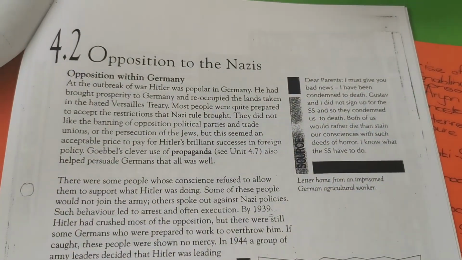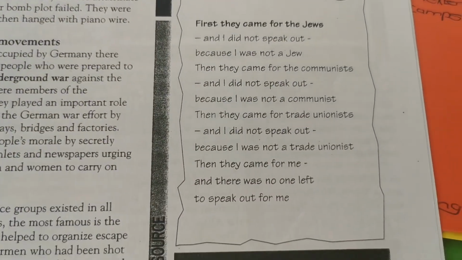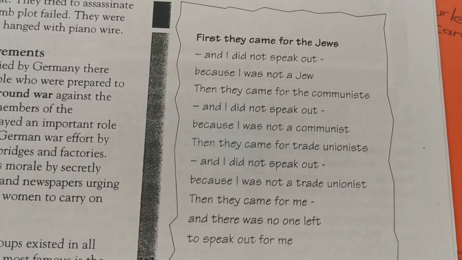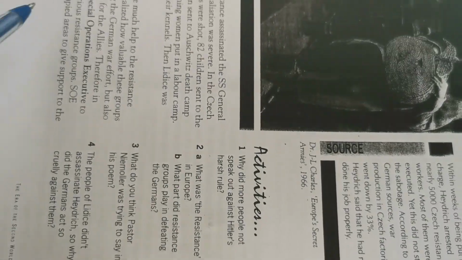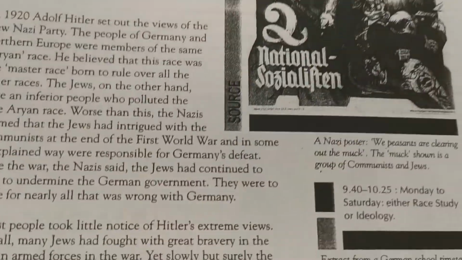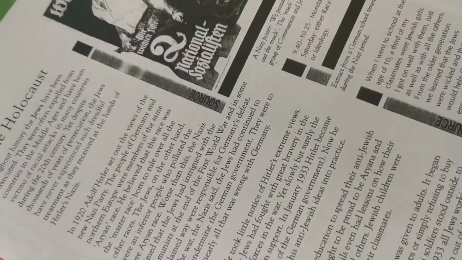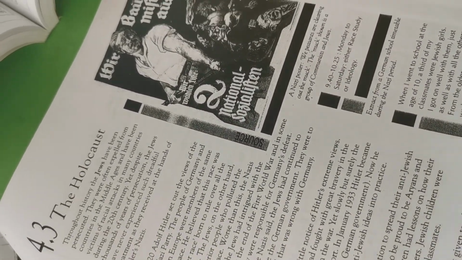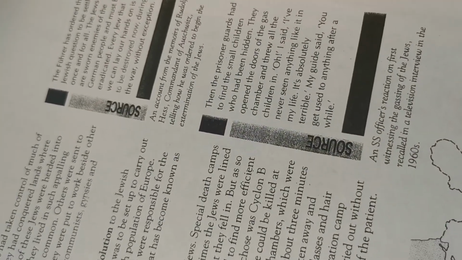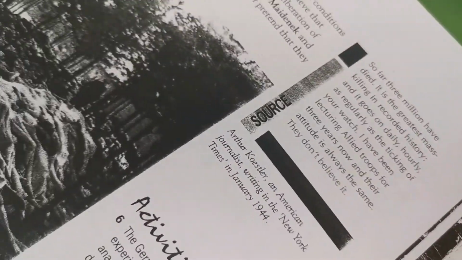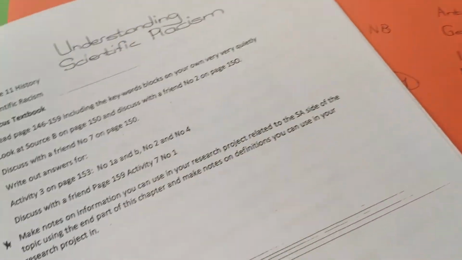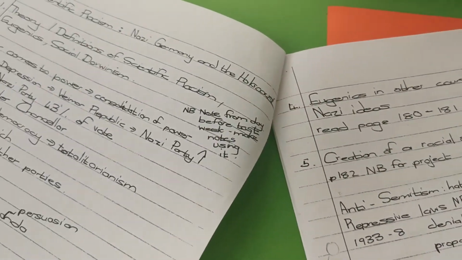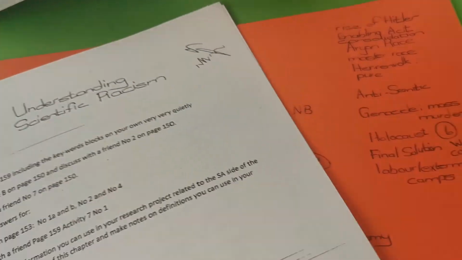And then you'll see there are some additional notes with this poem that I find so precious. And you'll see there are activities there if you'd like to do them, and there is more information, some sources. Maybe those sources would come up in an assessment, and then there's information on the Holocaust. That's very useful, and some activities if you want to do them. And there is the concentration camps and more activities. So if you could just go and have a look for those notes so that you can work through those to add to your understanding.